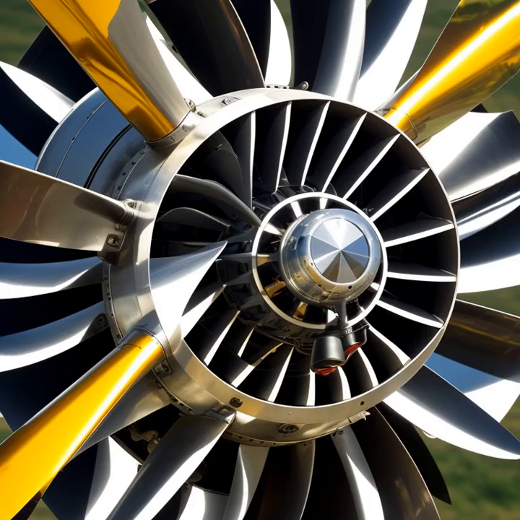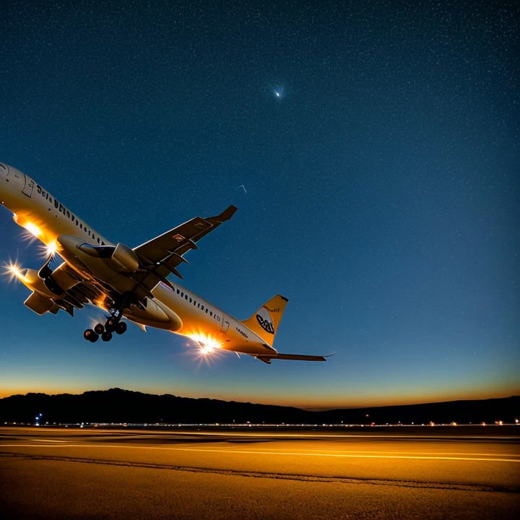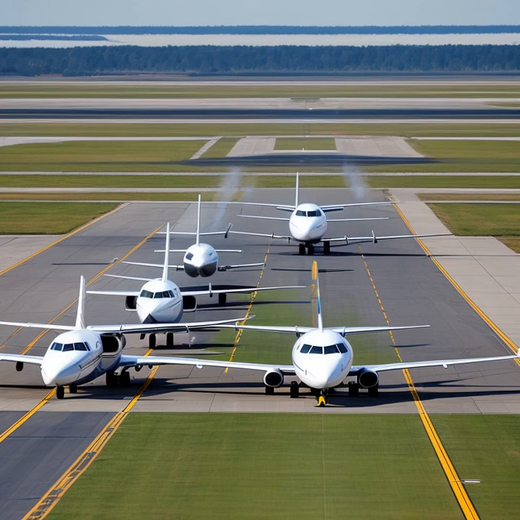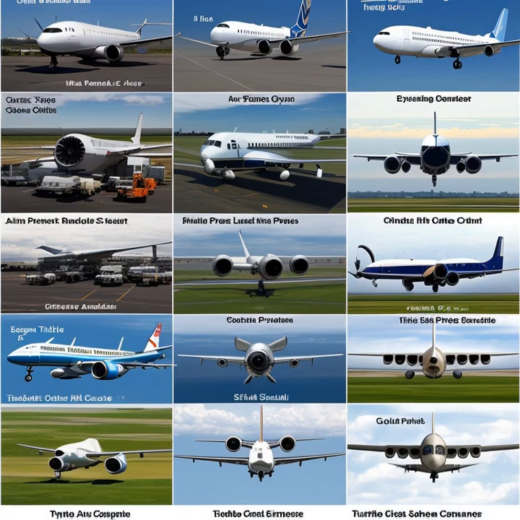Thrust plays a crucial role in overcoming drag, which is the force that resists an airplane's motion through the air. As air flows around the airplane, it creates friction and pressure drag, both of which work against the forward motion of the aircraft. The engines must produce enough thrust to overcome this drag, allowing the airplane to maintain its speed